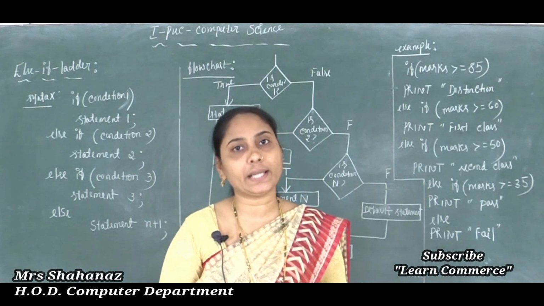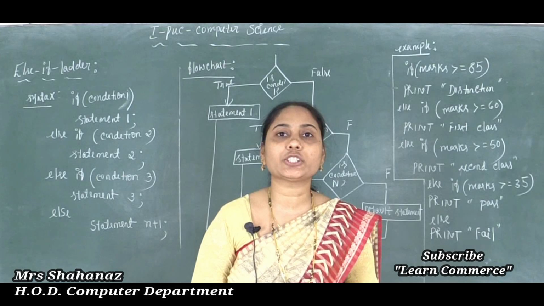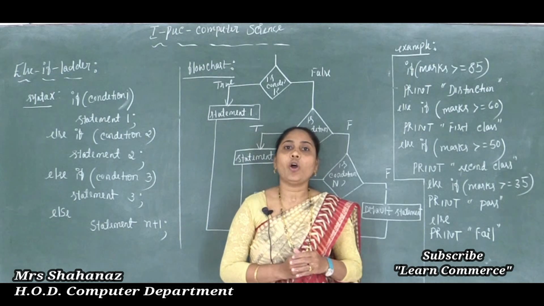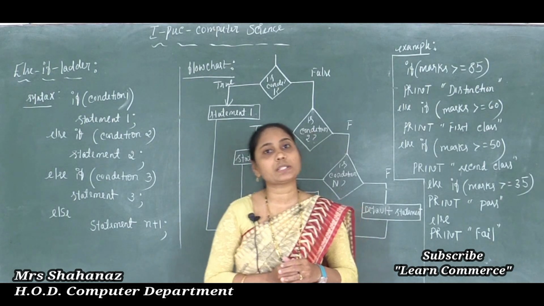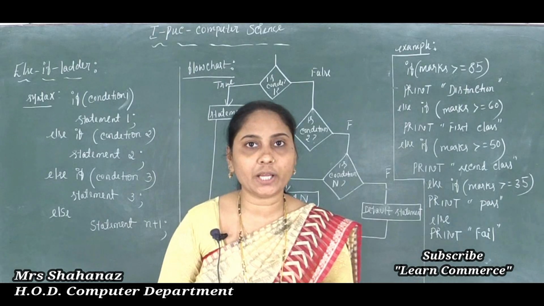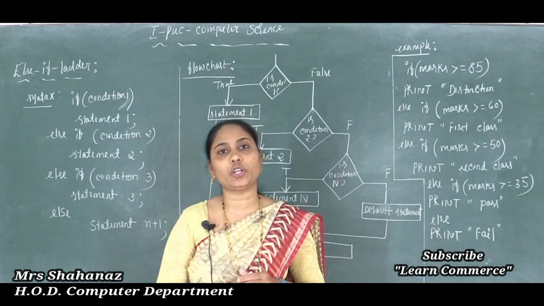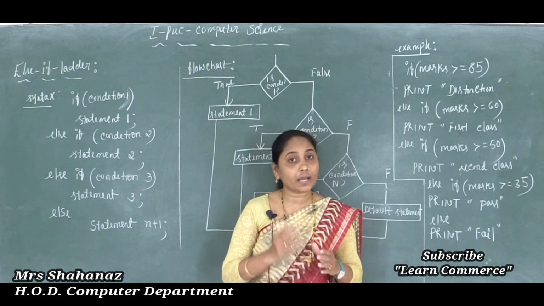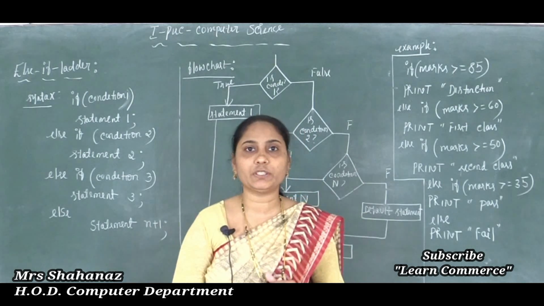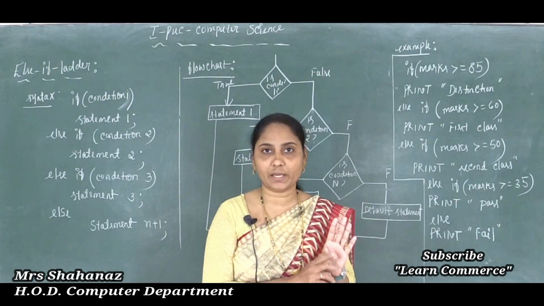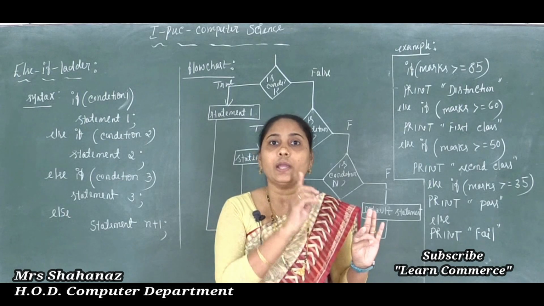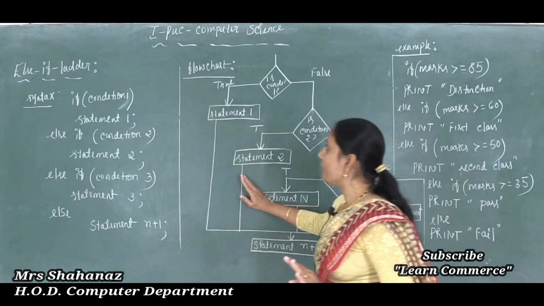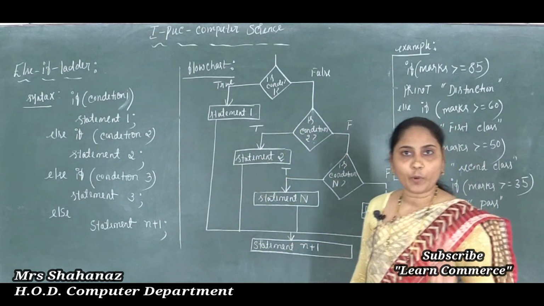And the second construct is called the selection construct. That means here also there is a set of statements, and we are going to select those statements based on a condition for the execution of the program. And we know that in our selection construct there are four divisions. The first division is the simple if, and the second division is the if else. Clear this point here? Okay, now in today's class we are going to study the third important division of